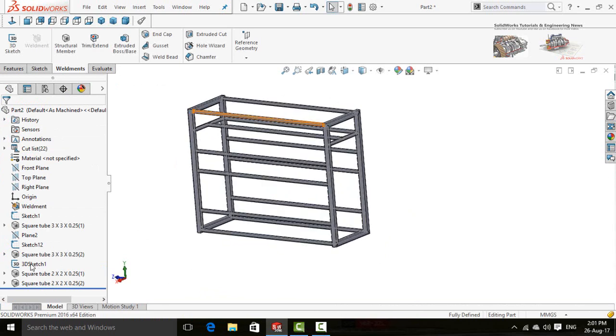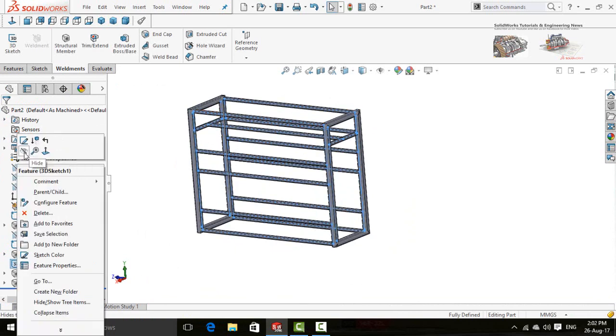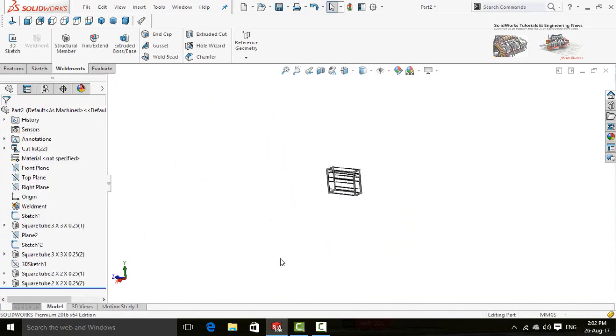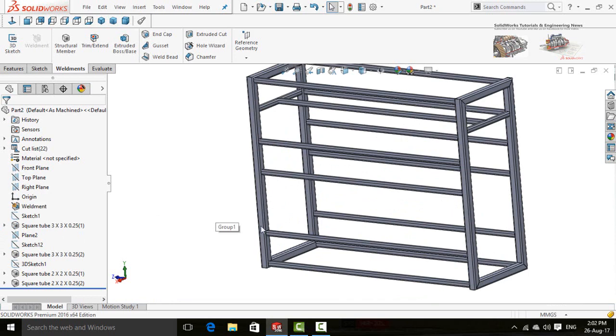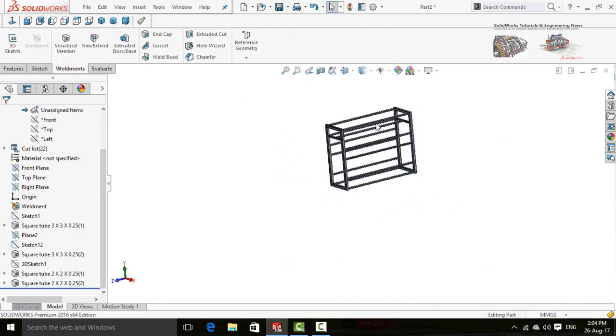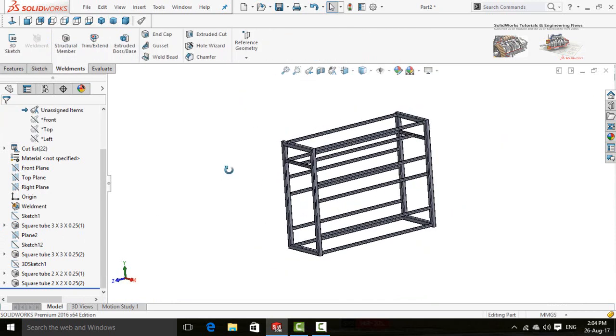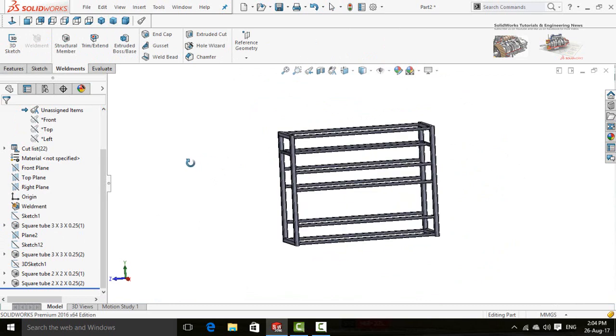In the right side, click on all sketches and hide them. Zoom out if your computer is slow. Hide. Hide. So our structure for the table has been ready.